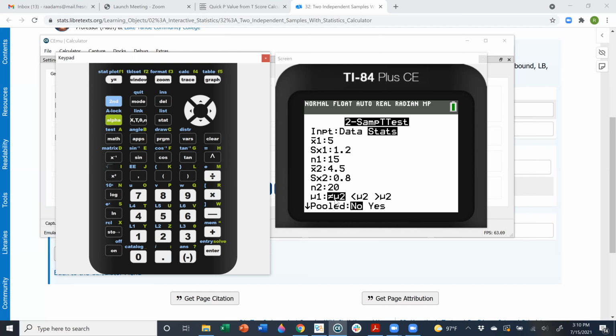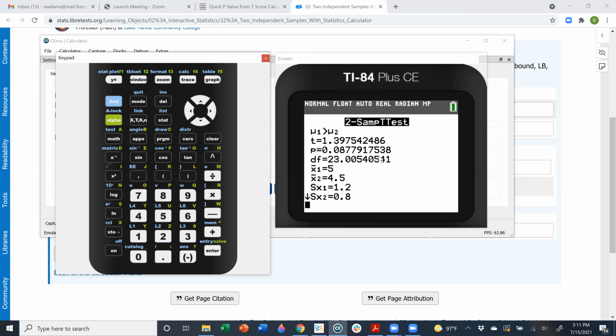Okay, select the correct alternative hypothesis. We had mu1 greater than mu2, so that is the right-tailed test there. Make sure you leave pooled as no. We're leaving these as no for pooled, and don't worry about what that means. Just go ahead and leave it as no, and then you can click on calculate. And there is the test statistic, the 1.3975 that we calculated. There is the p-value,